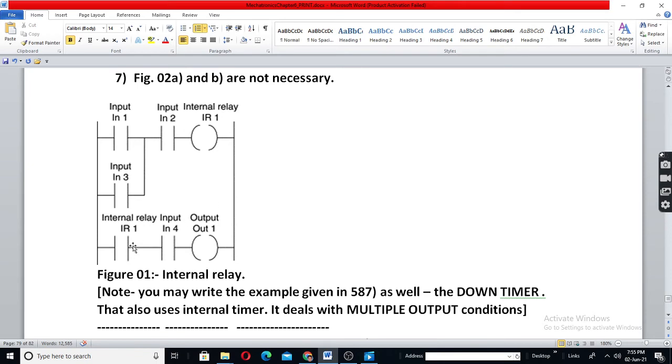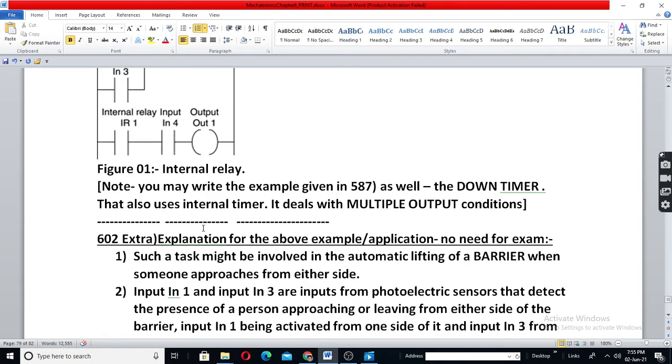Details of this will be explained later, or you can see in the description box the PLC basics. If I say the basics in detail, you will get bored. That is why I have explained the basics only to the required extent, and then I have started the programming aspects.